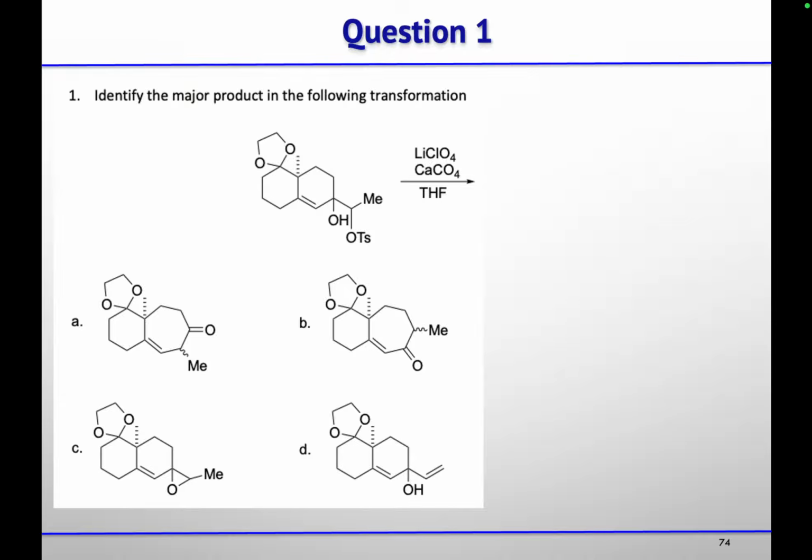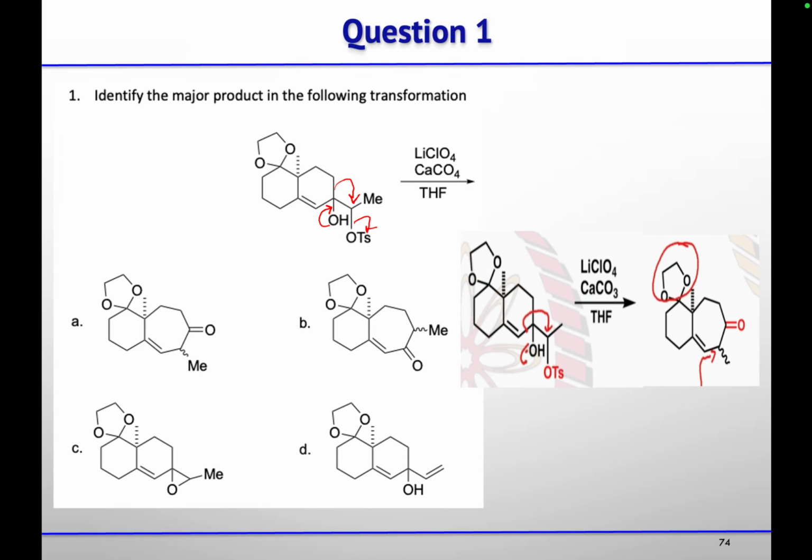So what will happen? This is a kind of rearrangement reaction. This is the base. It will abstract the proton from the alcohol. Then this will push the electron density to form the ketone, and this bond will migrate, and the tosylate will leave. So ring expansion will take place. After the ring expansion, you will get the seven membered ring, where you will get a mixture of stereoisomers at this position. So the correct option for this case is this one.